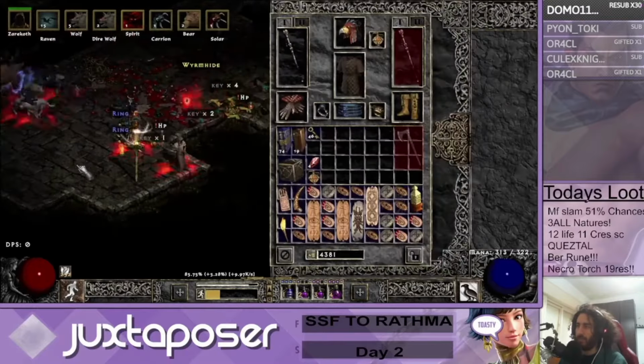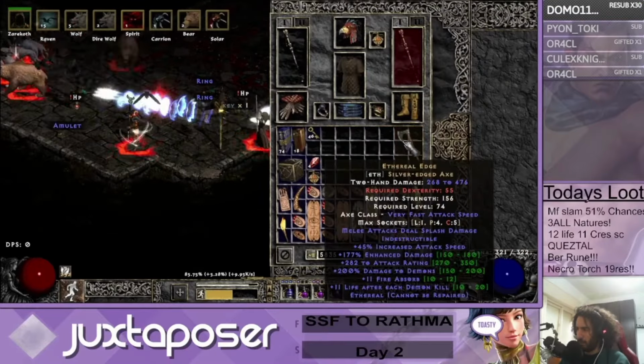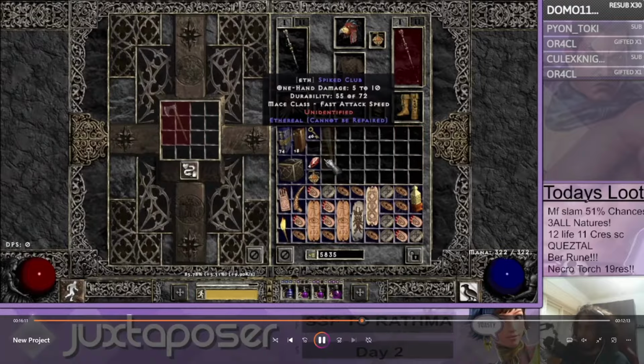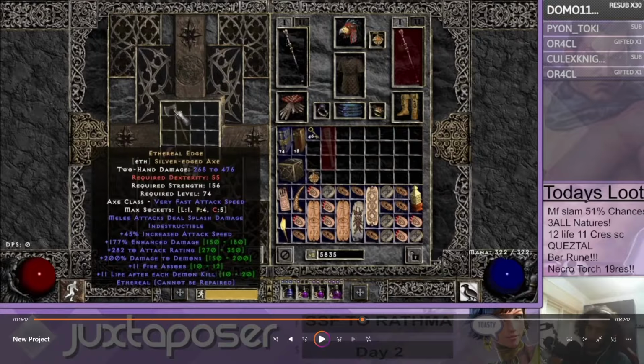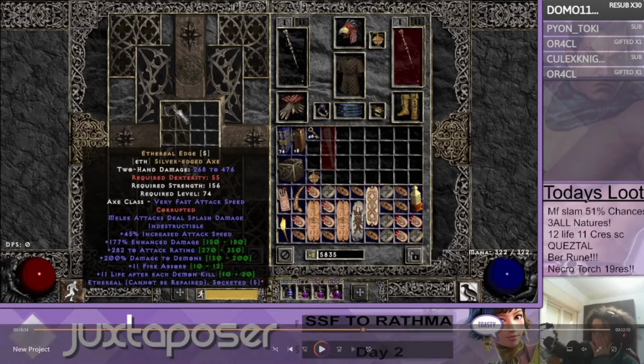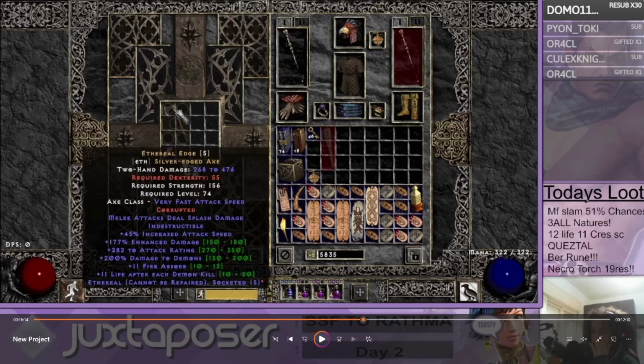When we came back to a map, we noticed we dropped an Ethereal Edge that we didn't even get a notification for. And that Ethereal Edge has an amazing stat at like 177 ED, free off perfect, and 200 ED to demons. Now this is more like a declone killer, but technically you can kill Rathma on it with the right slams. We end up rolling 5 sockets. This is not the best slam. It's probably not even the second best slam. But you can reach with 5 shells, which is pretty cheap,